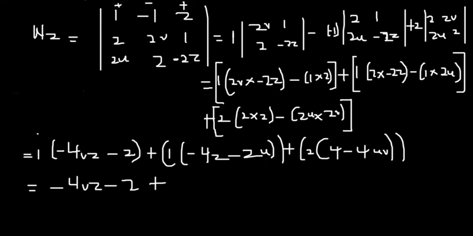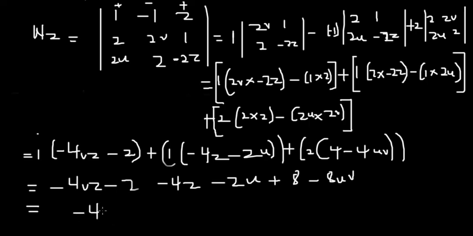So let's clear this one out. Okay, and let's use a negative sign. So we have negative 4z. Okay, and then 1 by negative 2u, we have negative 2u, and then plus 2 by this one will give us 8. That's 2 by 4. Then minus 2 by negative 4, that's 8uv. Okay, so you could just go further to simplify. When you simplify this further, you end up with